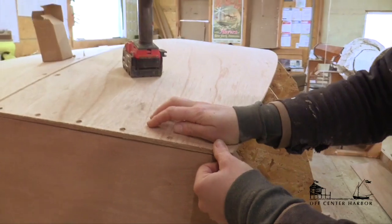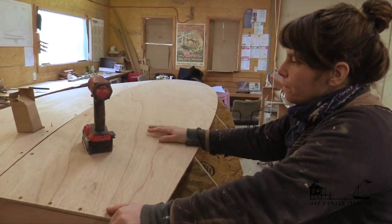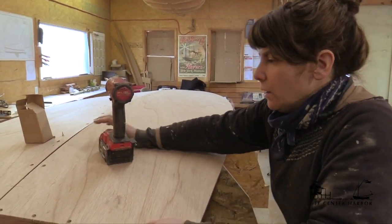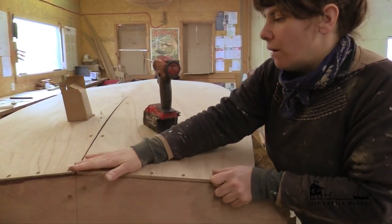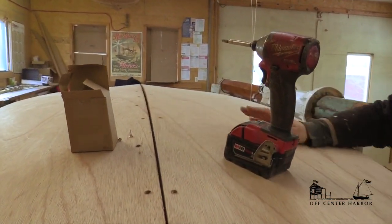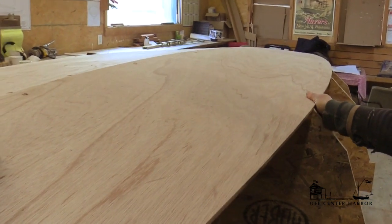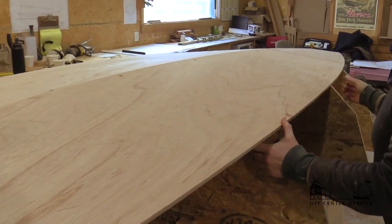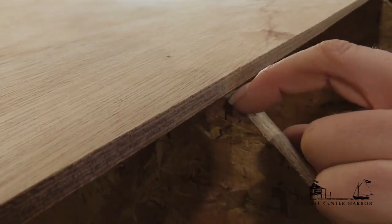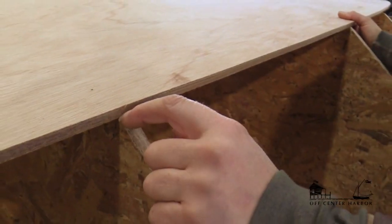When you're fitting these planks, you have a little bit of wiggle room on the inside at the keel. This is going to be filled with epoxy. It will be sort of mowed down to accept the outer keel piece. What you're really looking for is this outboard edge meeting the corners of your molds and hitting right at the exact spot you want on the chine. So you have your corner on the mold, and you want to make sure that that lower edge of the